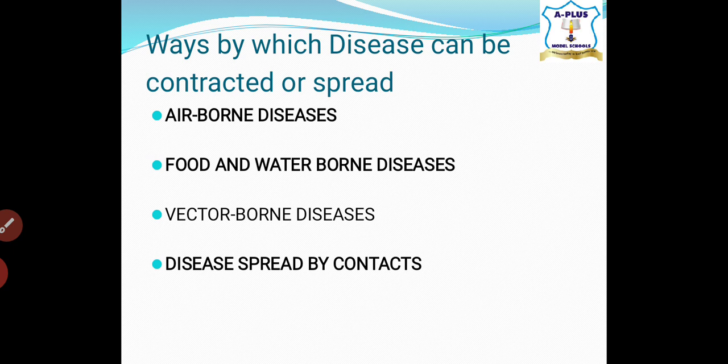So we have yellow fever, we have plague, we have river blindness. All these are under vector-borne disease. Another one is disease spread by contact. We